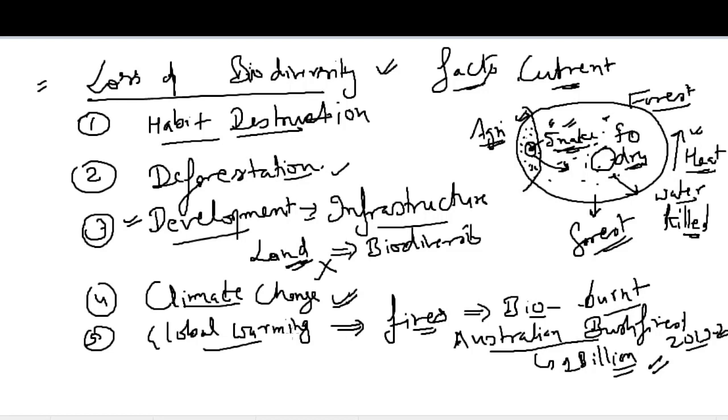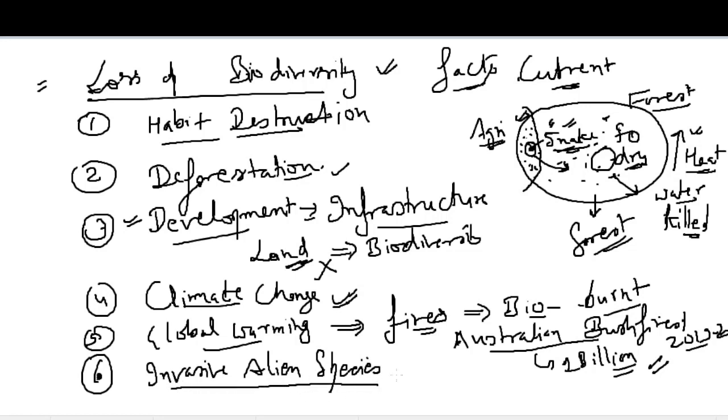Now, moving ahead to what other losses of biodiversity there are. Some of the other losses are like invasive alien species. What are these species? These are species which have migrated from their native place to another place. Consider the example of, just for an example, I'm not taking an example of a species, I'm taking the example of humans.